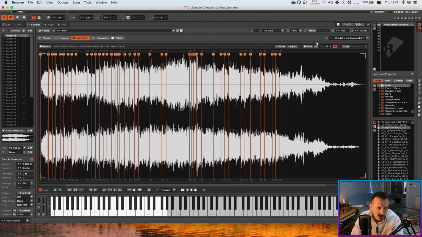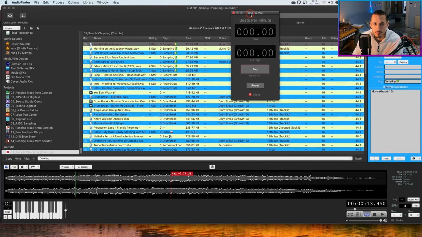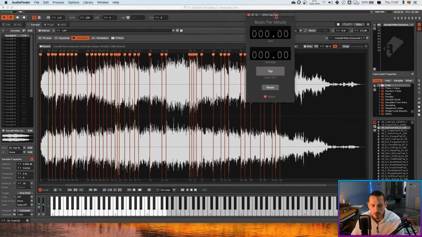With this track, I think it's already quite lo-fi. It would be very cool with a drum and bass song. One thing I'm going to do quickly is just see what BPM it is originally. I have this tap BPM as part of Audio Finder, which I use, and then if I just play the first chop,